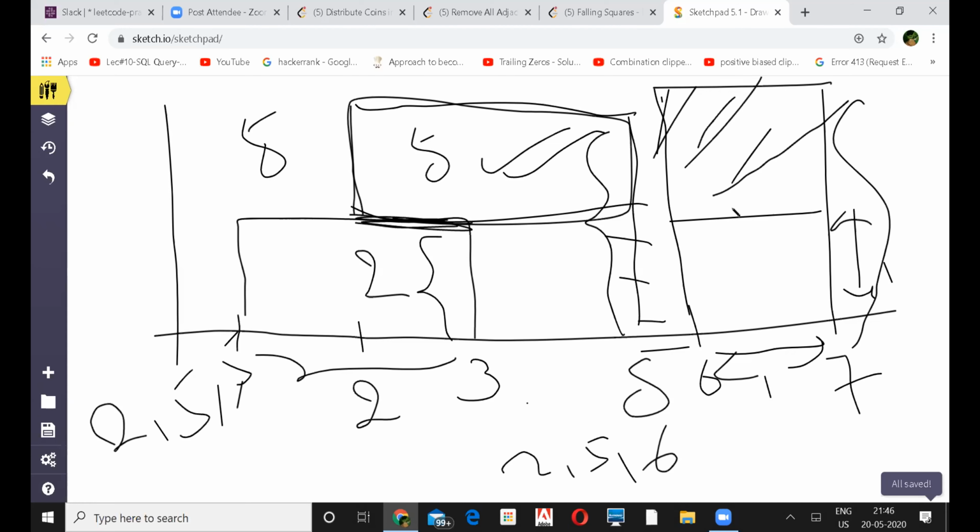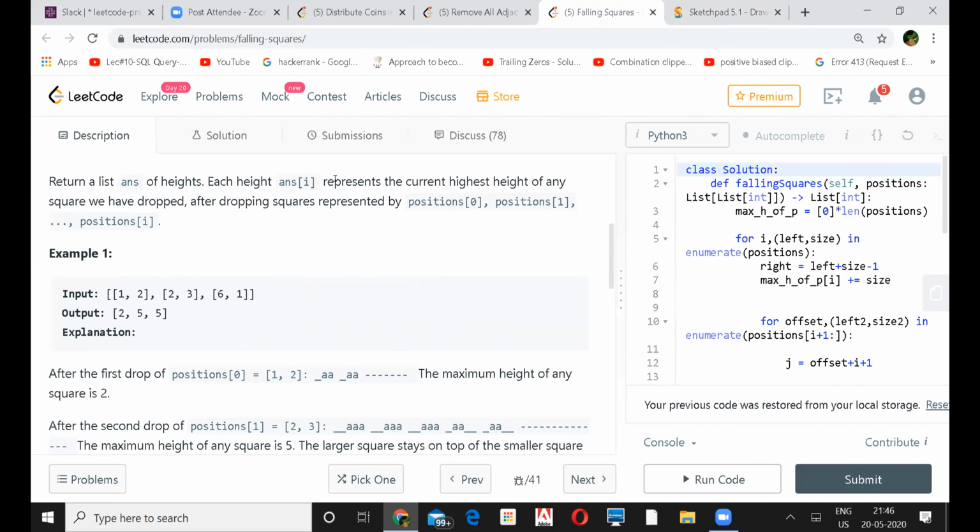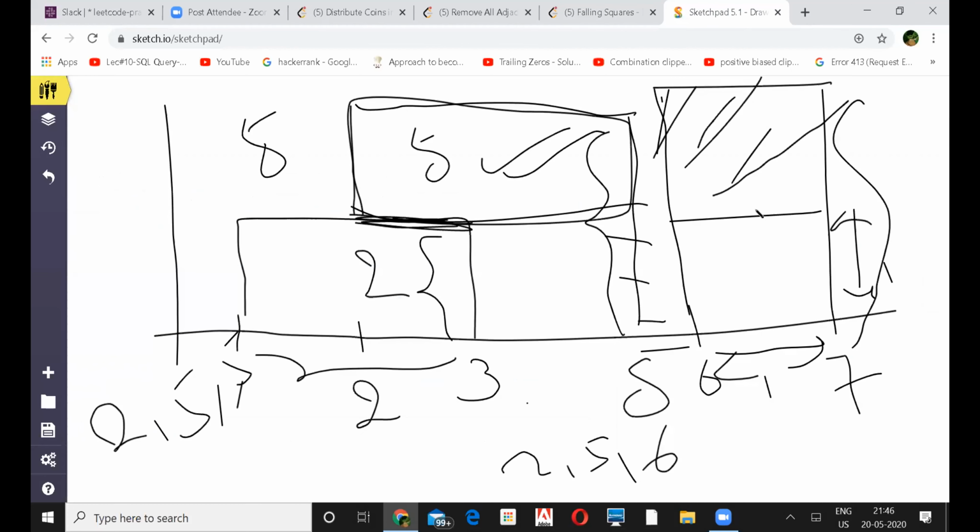Okay, got it. Because they are telling here, at every iteration you have to return a list. Each height represents the current highest height. So at that point, the current highest height is 5. So you are saying that the last height of the sixth block, which is 1, we are not taking that into consideration. We are only taking the maximum value till this point.